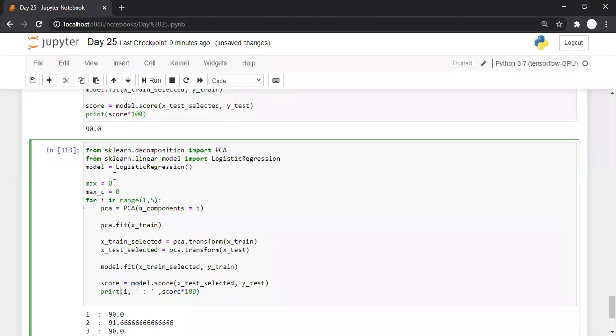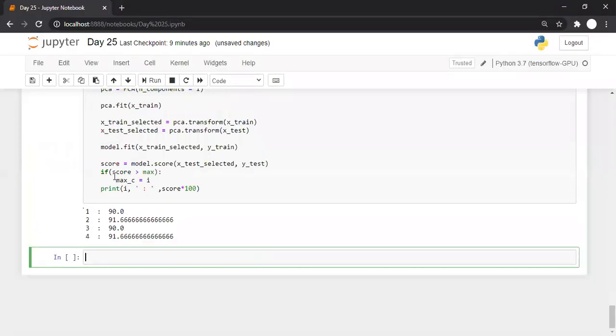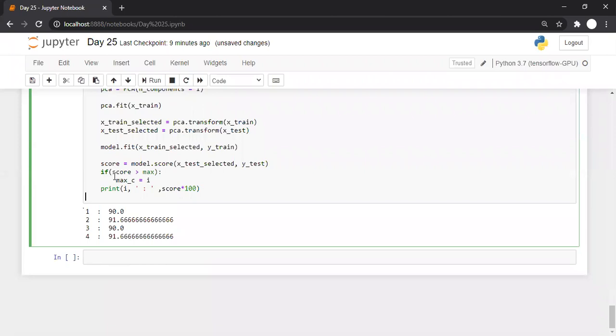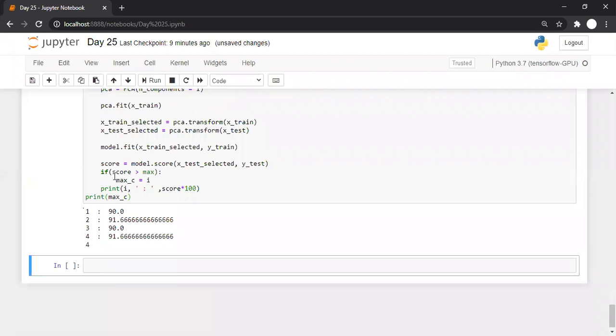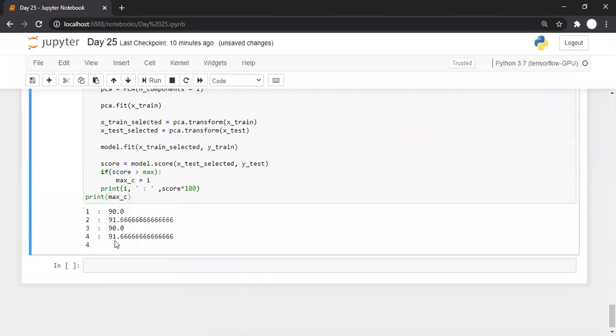And here we can compare this thing, like if score is greater than max, then we can change max underscore C to i, which means with this value I am getting a higher score, so it's like 1. And after this for loop we can print max underscore C. So here we are saying that okay, with 4 components I am getting the maximum accuracy.